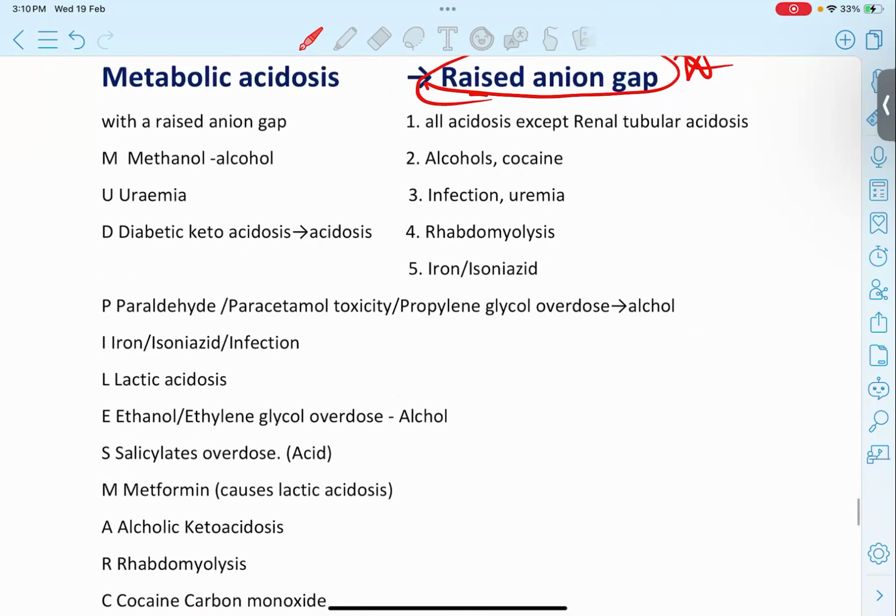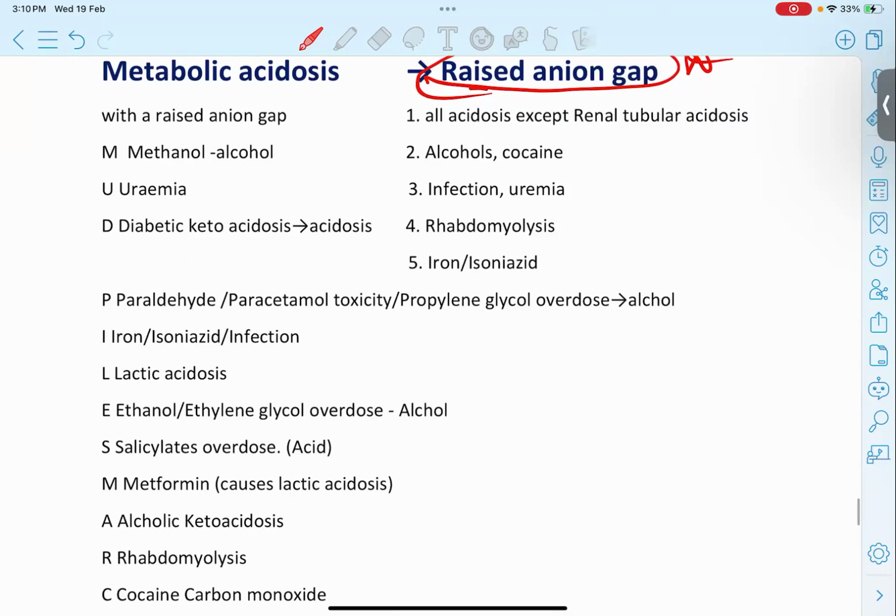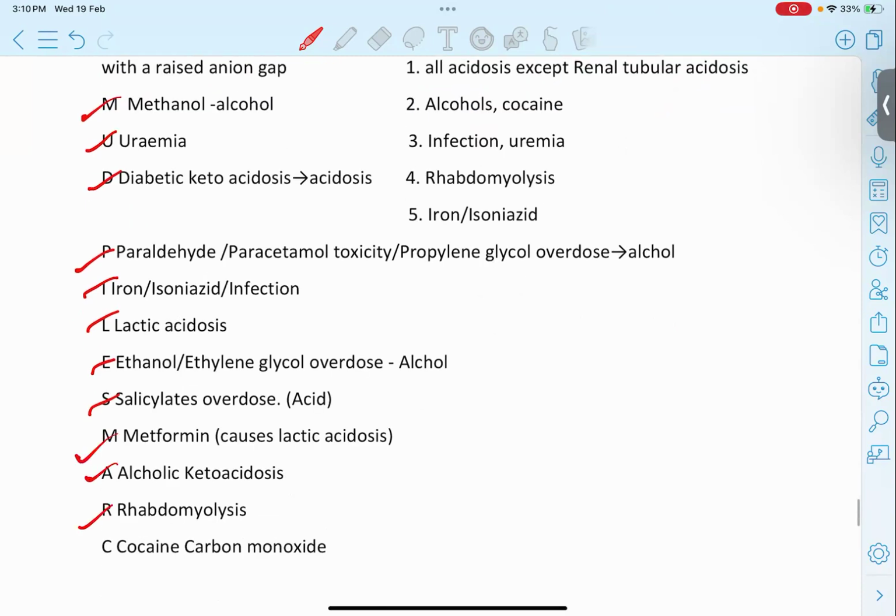So low anion gap, we will find it in hypoalbuminemia, but metabolic acidosis plus high anion gap we will find in situations where there will be a raised anion gap. There is a mnemonic for it. It is called MUDPILES. So M for methanol, alcohol, U for uremia, D for diabetic ketoacidosis, P for paraldehyde, paracetamol,